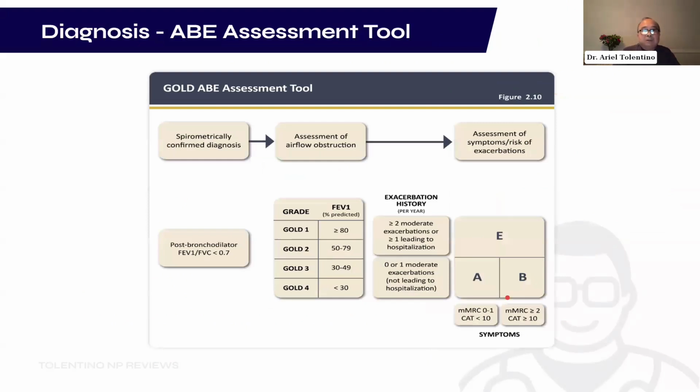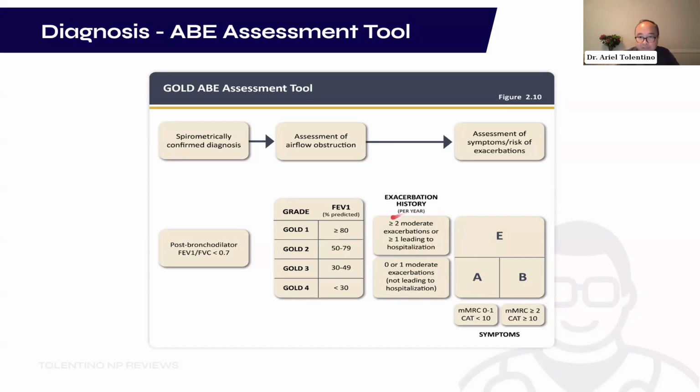Now, we are back to the ABE assessment tool. And we are now ready to triangulate the A, B, and E groupings. And this is based on your exacerbation history. As you can see here, you have two boxes, the exacerbation history. So it's very important to follow the laser pointer, so you know how we are navigating through the ABE assessment